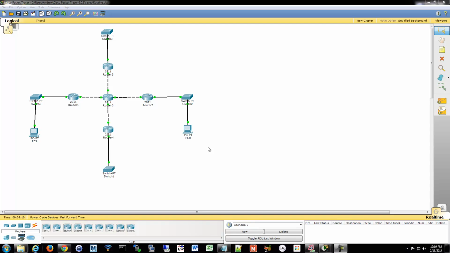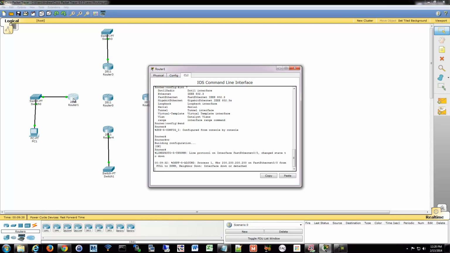Alright, we're going to do some PPP configuration here, and we're going to set up PAP and CHAP authentication as well. So we have our topology that we've been using for a while now, and I have to make some changes here because we have these Ethernet connections that we don't really want to use anymore because we're going to start using serial. So I'm going to get rid of these, and I'm going to switch us over to some